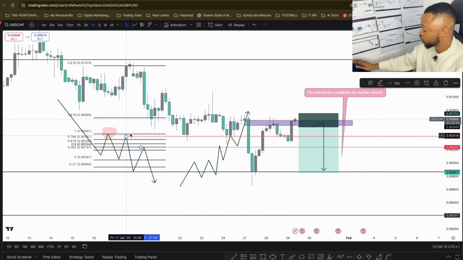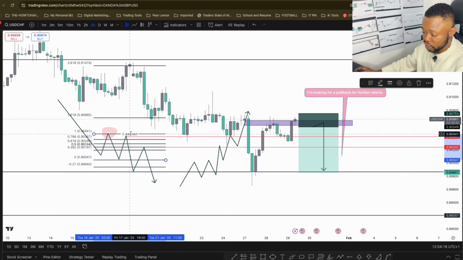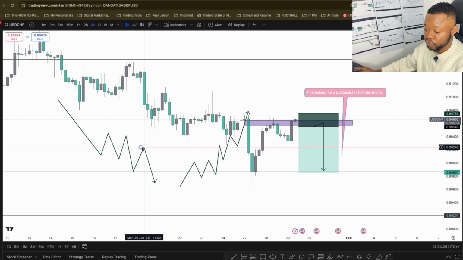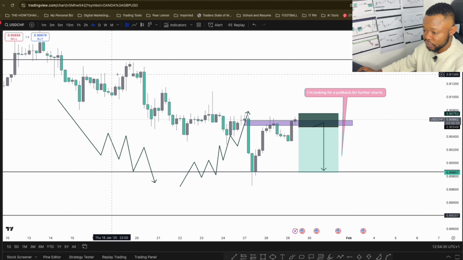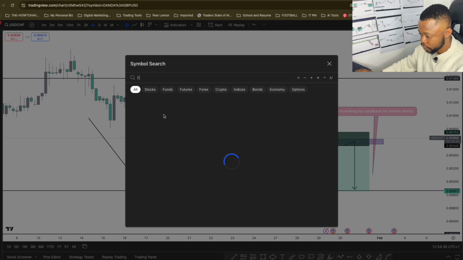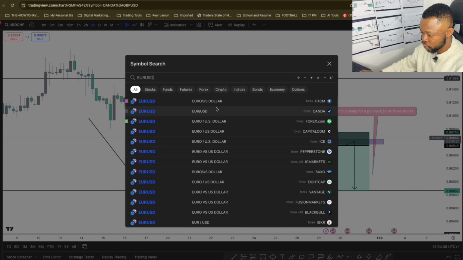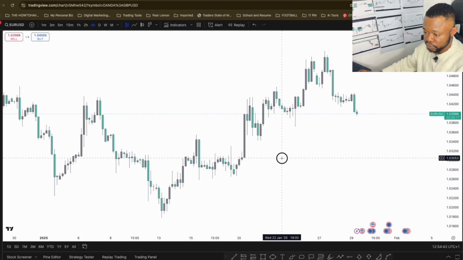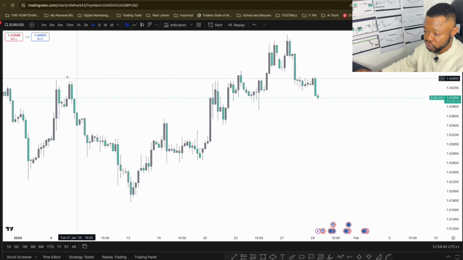So as price moves in patterns, your goal as a trader is to use the Fib retracement to find areas in the market that are favorable for you to jump in. Now let's use a live market to explain this. Let me use EURUSD. So we have the Euro Dollar currently. This is a live market. So let's find a way to show you how to use the Fib retracement tool.